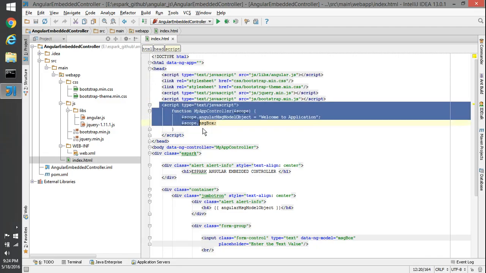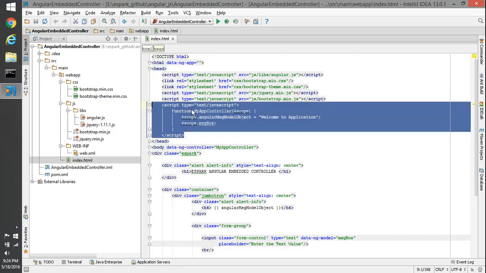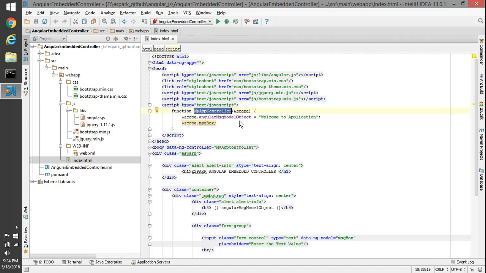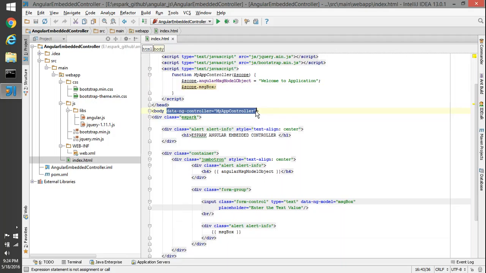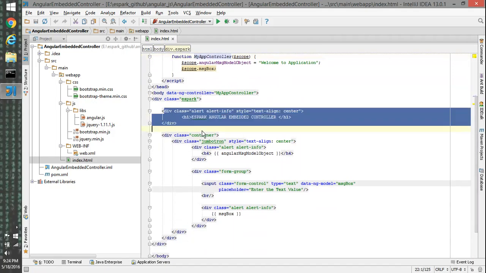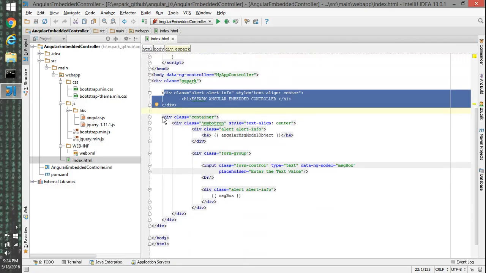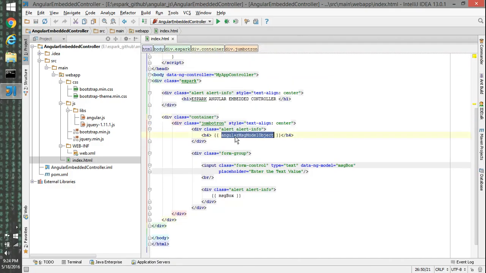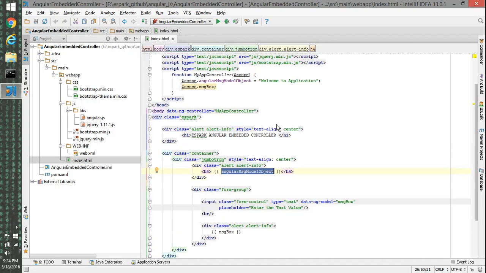And then inside the script tag we have defined our embedded controller with a function. The function is my controller and we have specified $scope, and we are creating a model object, the Angular message model object, with the initial value of the welcome application, and we are defining $scope.messageBox as a model object without any initial value. We have bound the body with the myApp controller which we have created here inside the script tag. And then we have a bunch of div tags with the bootstrap container classes and all. So here we are evaluating the Angular model object which we have created inside the controller,